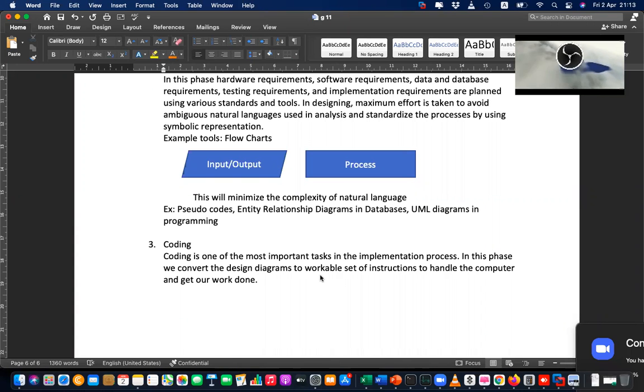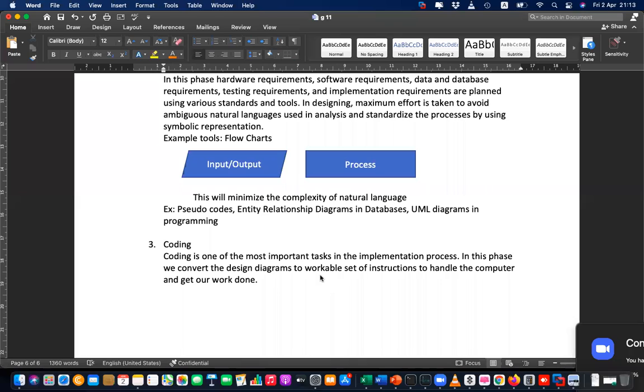Right. So we were discussing coding. That is one of the most important tasks in the implementation process. This is where we convert, this is where we do the actual thing. We instruct the computer and we try to get our work done. It is very important. So please write down. It is very important